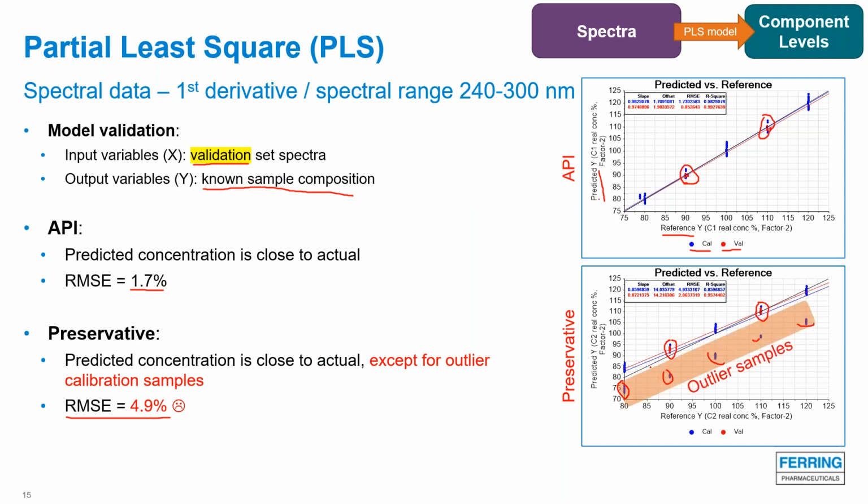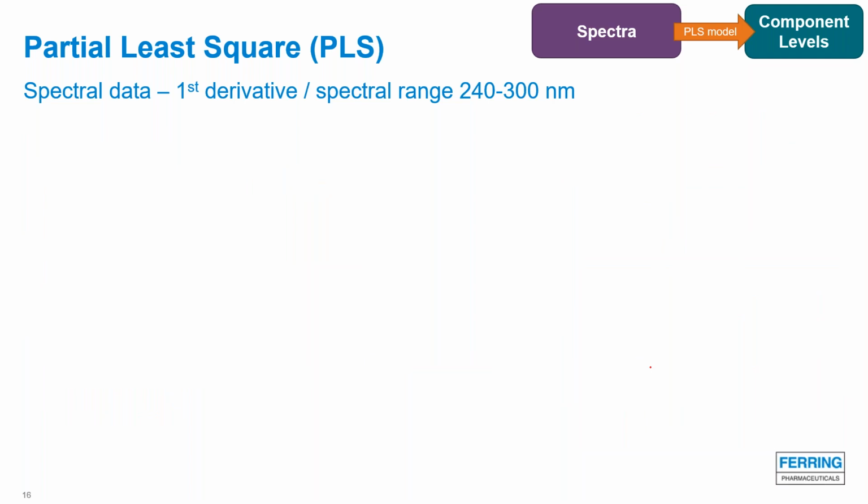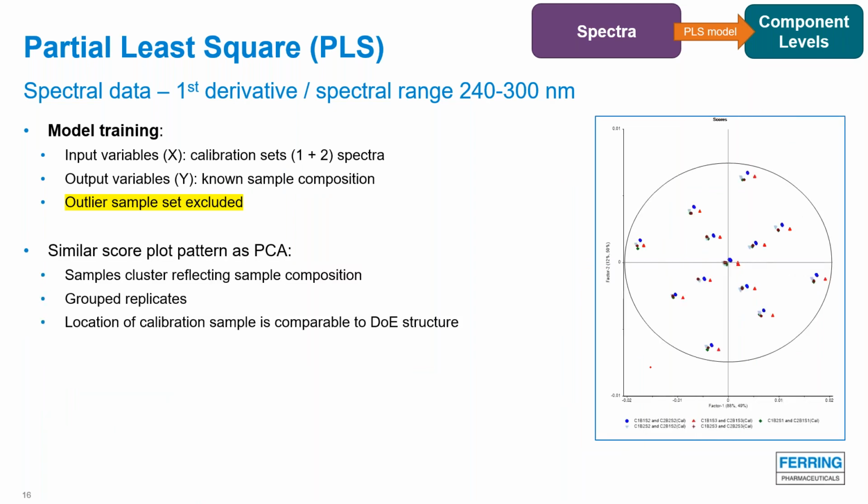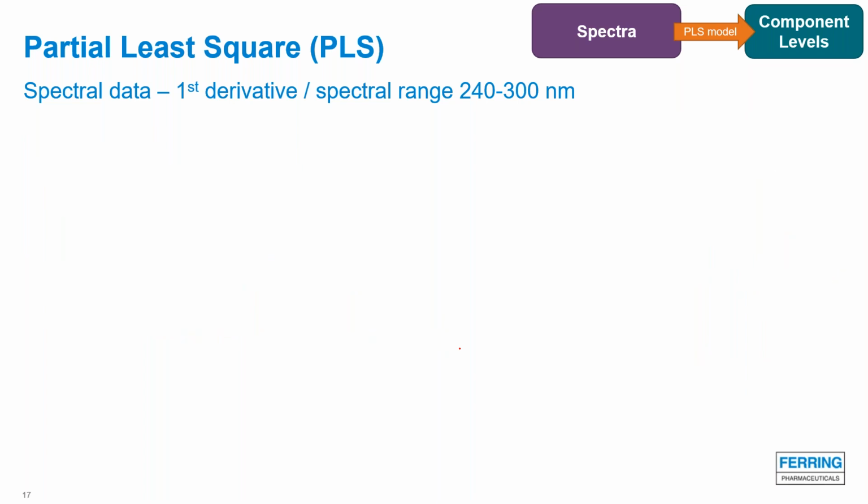Okay, these are the outlier samples I have highlighted. Let's try to rebuild the model, but excluding this outlier sample set. And we recreate the PLS regression. This is what we get, and it's very similar to what we have seen in PCA. The samples will cluster reflecting the sample composition. We have grouped replicates, and the location of calibration samples is very comparable to the DOE structure that we had created initially. In terms of validation of the model,